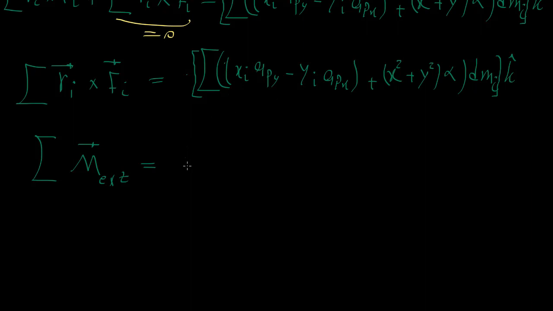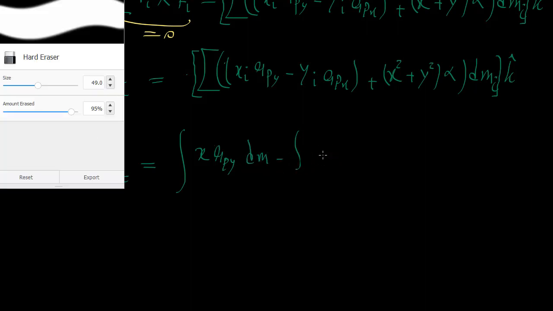So I can write down this like this. So I can say that this is equal to the integral of x ApY dm minus y ApX, or actually let's just go one step further also. So here